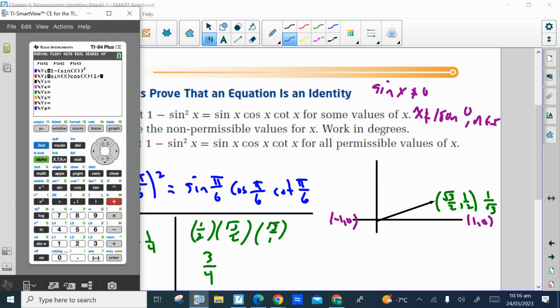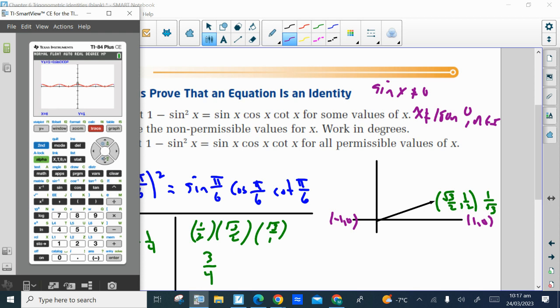1 divided by, in brackets, the tan of x. So if I'm working in degrees, I need to go from negative 360 to positive 360 and a scale of 90. For y, I'll go from negative 10 to positive 10 and a scale of 2. So now when we hit graph, the two graphs are the same,